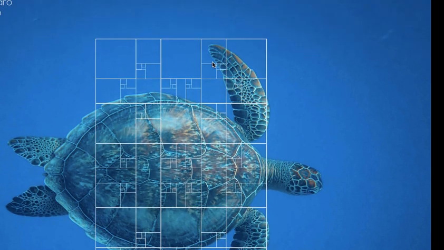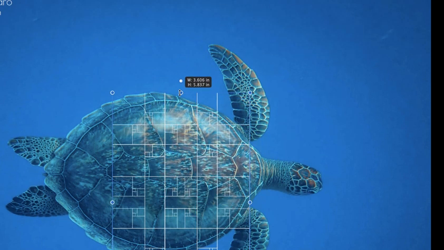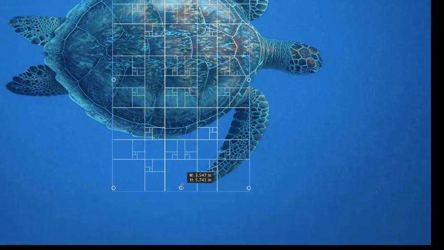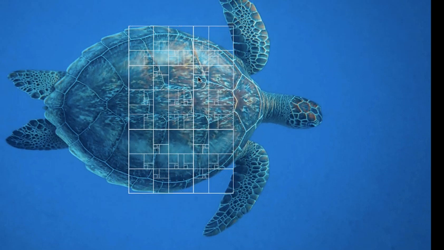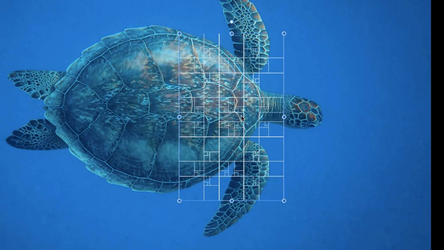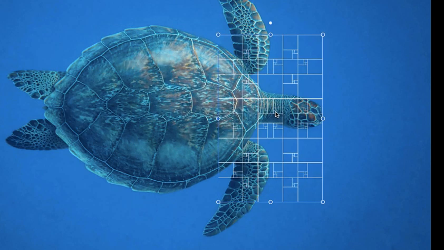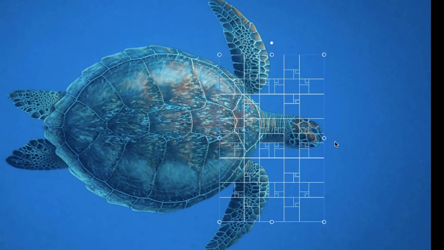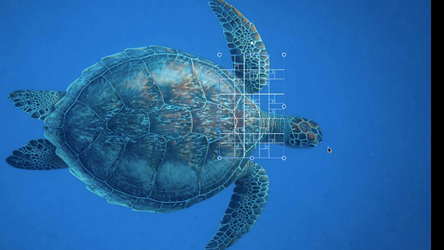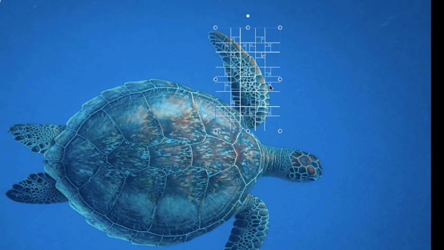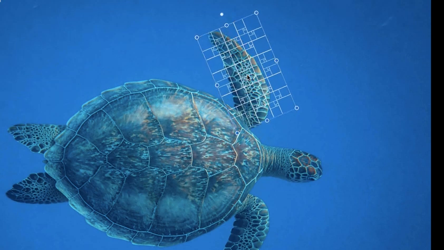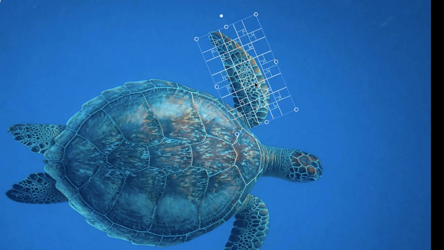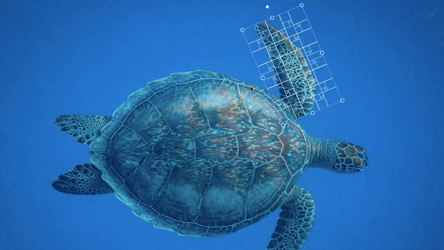Now if we rotate that and go to the width of the shell, that's going to give us a different scale here. So if we use that scale, and we reduce it down by 61.8%, that will give us this scale, which is going to be approximately, so the fin, the front fin, is 1 Phi scale down from the width of the shell,